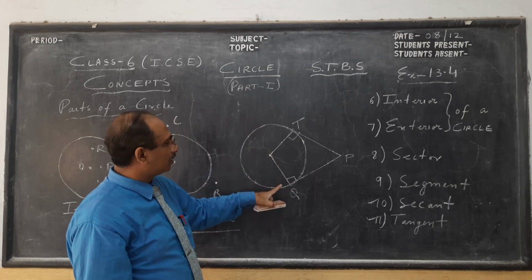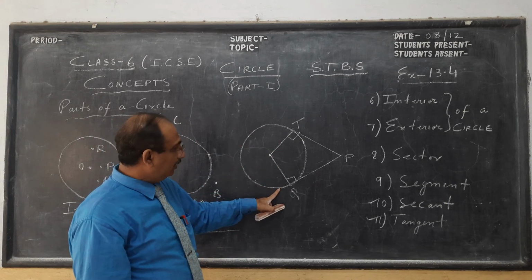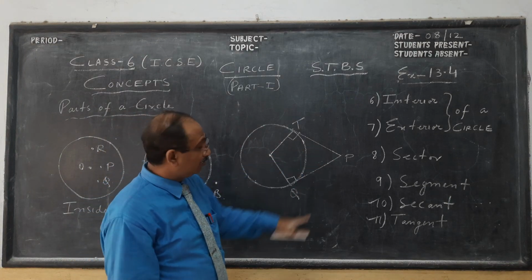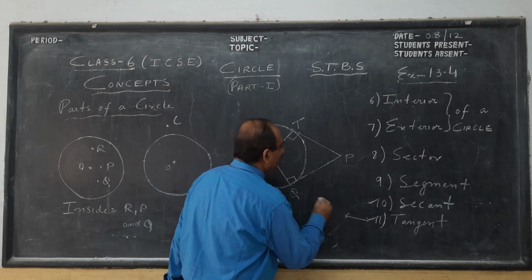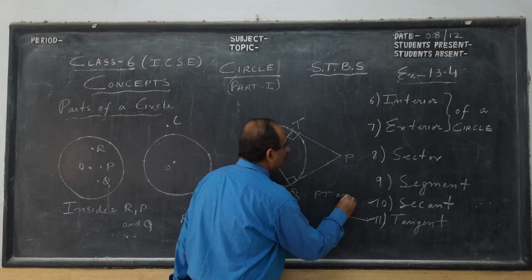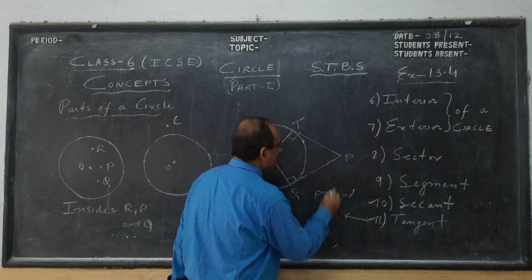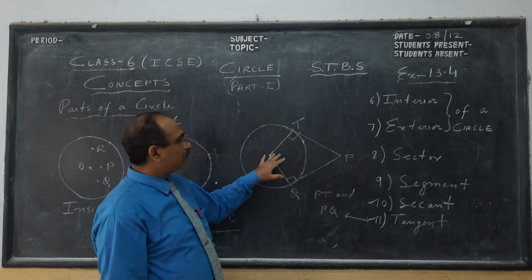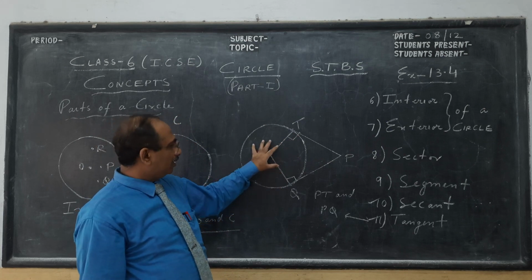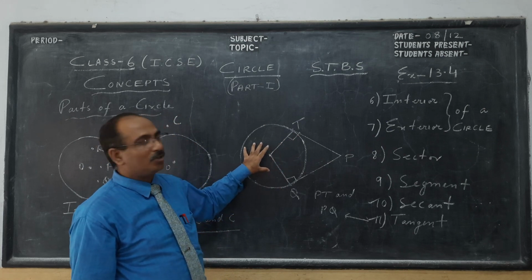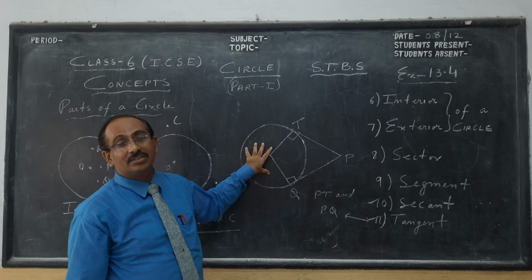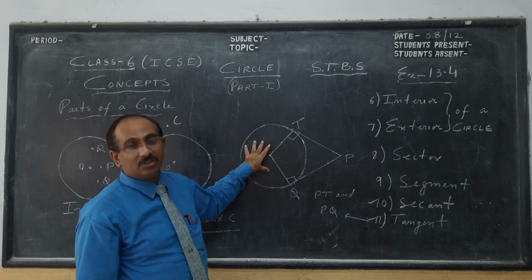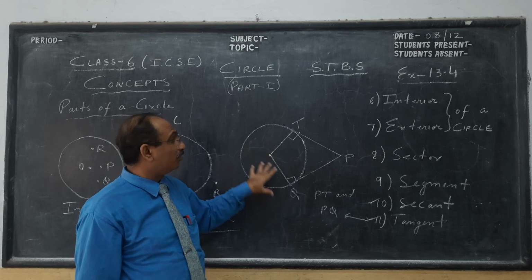Tangent touches the circle at 1 point. So these are two different tangents. Remember, there are two tangents, children, PT and PQ. Okay, these two tangents from an exterior point P make 90 degrees, and there are many more properties. If you want to know more, you can see my class 10 circle videos on geometry and class 9 for the mensuration part.